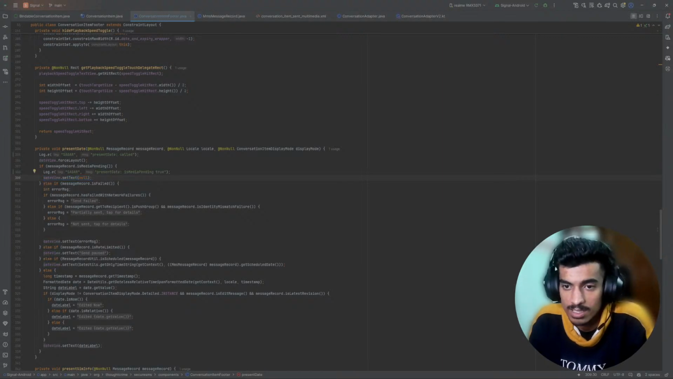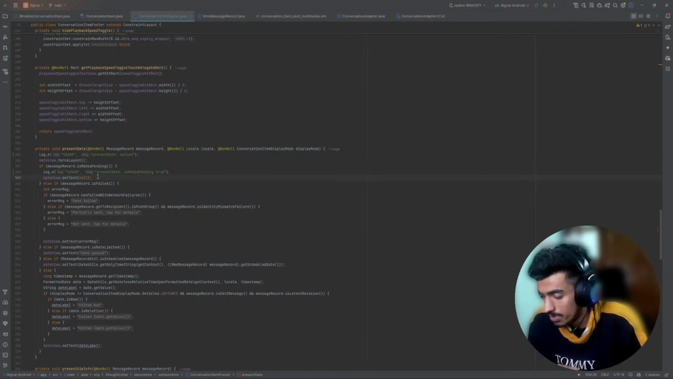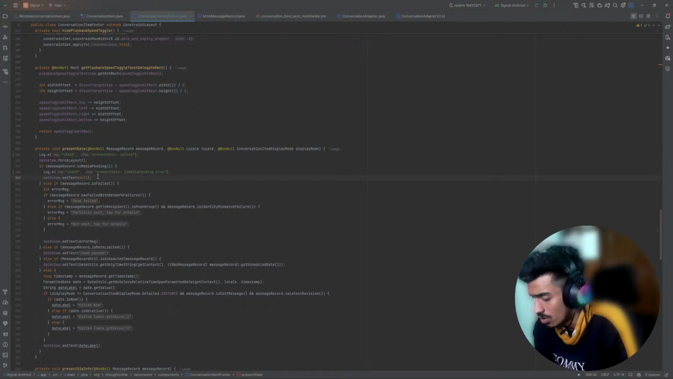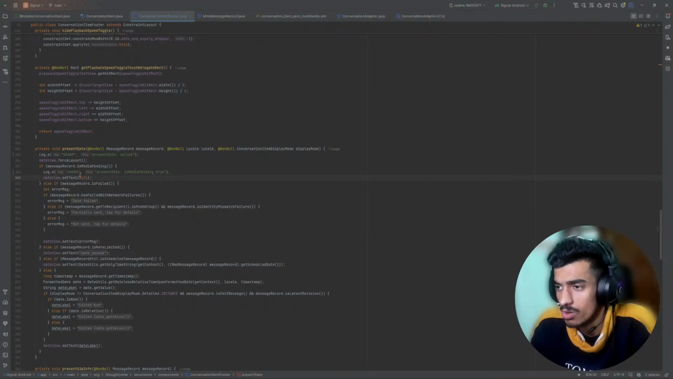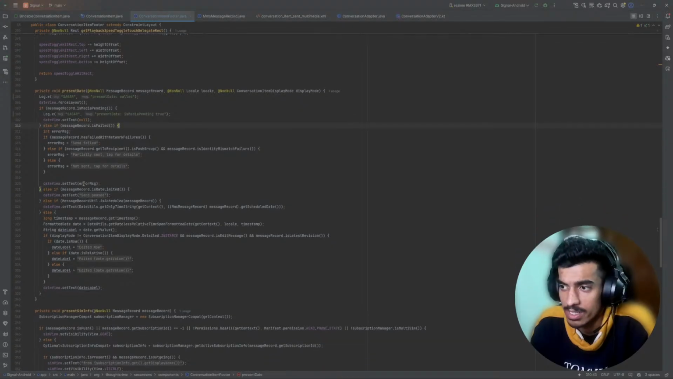If that is the thing, then we will never see a date view for our multimedia object, like our PDF or image or audio, or any other things. So we are entering in this, and if it is failed, then also we are just setting an error message. Okay,